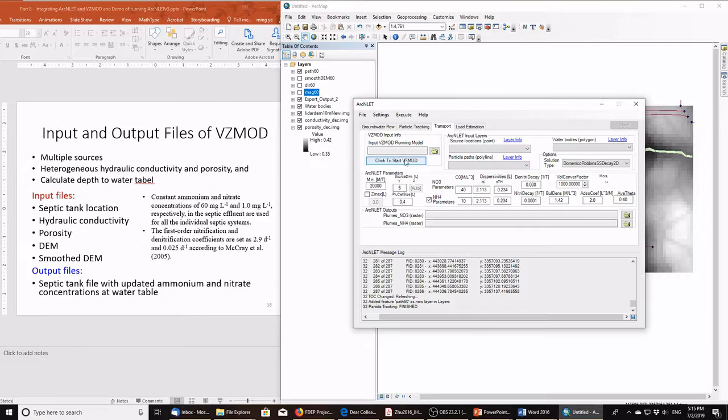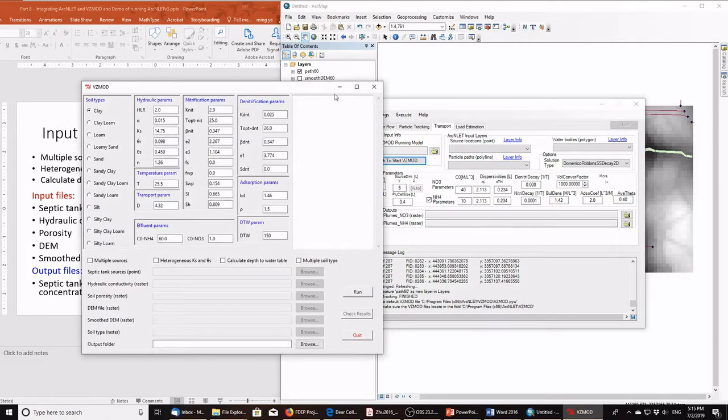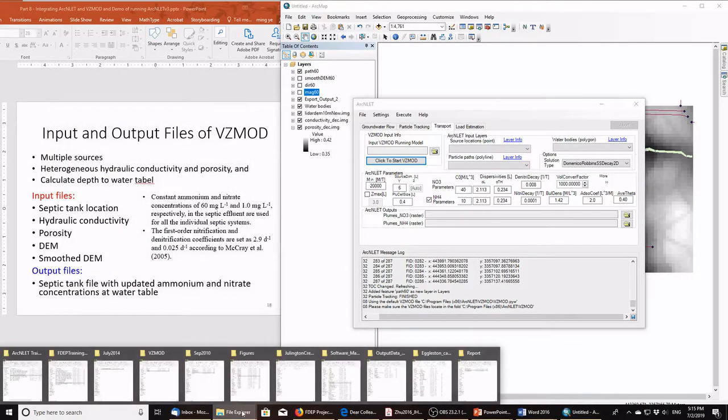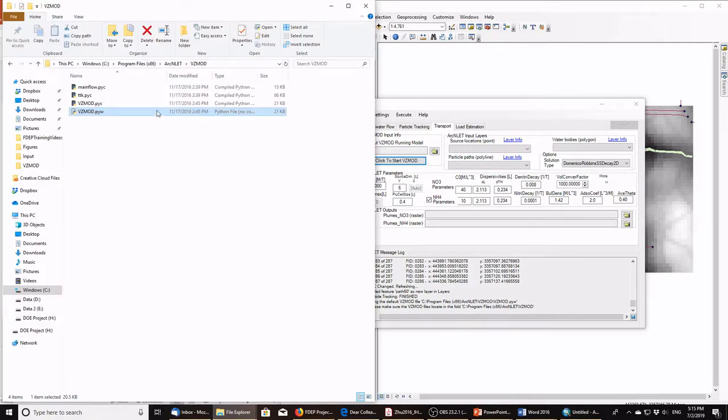And so theoretically speaking, you just click this button to launch VZMOD, but somehow I found this morning this doesn't work that well. Although I have this window launched, it doesn't run, and there's an error message. I have not figured out how to solve it. Again, the car needs maintenance, but I figured out another way. So we can run from this VZMOD